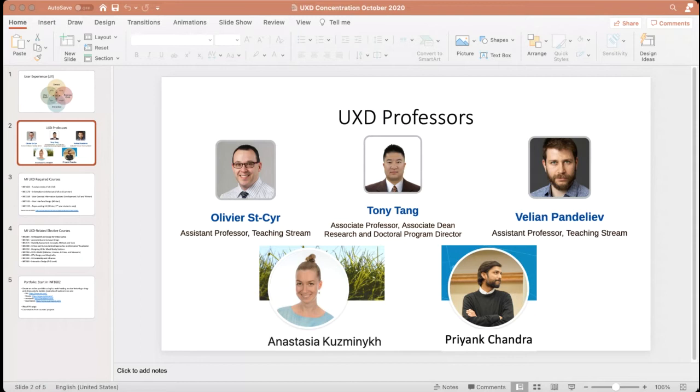And we also hired just recently, 2 weeks ago, Priyank Chandra, who comes from the Faculty of Information iSchool at the University of Michigan, which is one of the top iSchools in the world as well, with ours at the University of Toronto. And Priyank Chandra is a specialist on user interface design and human-centered design for marginalized users, BRIC countries, and Global South.